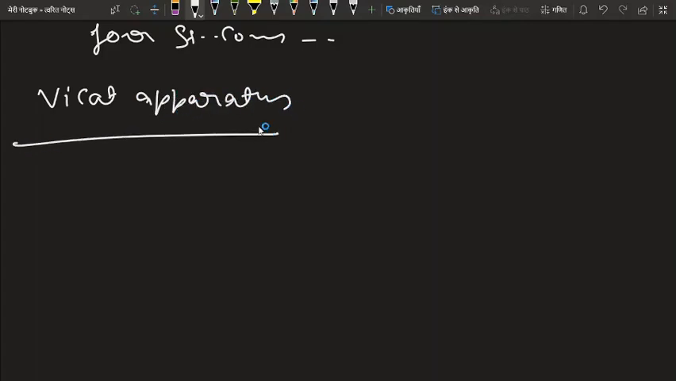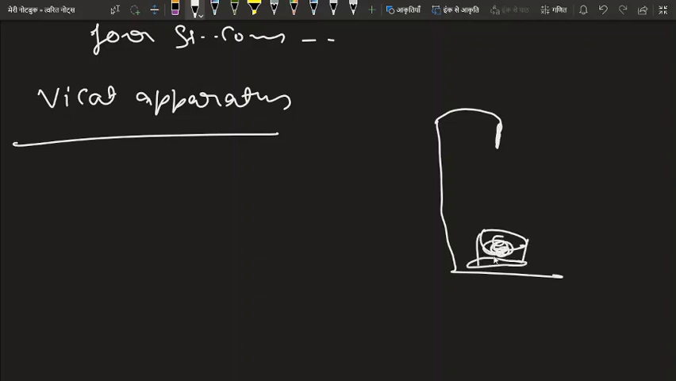Okay, the Vicat apparatus consists of a Vicat mould which is connected by a movable rod. The Vicat apparatus is something like this. We have a plate here, and we have a mould something like this, in which we place the cement paste, and we have a movable rod here having some notations,